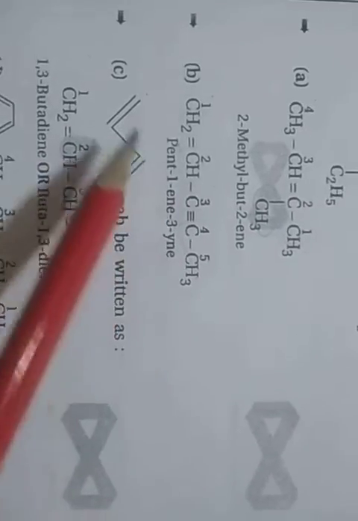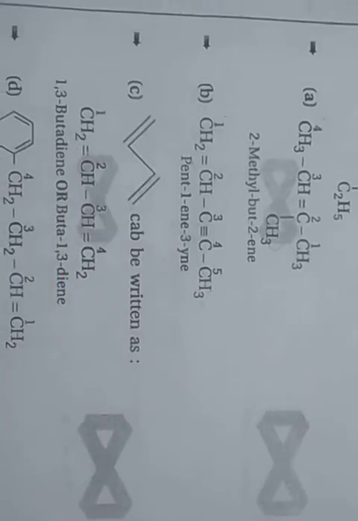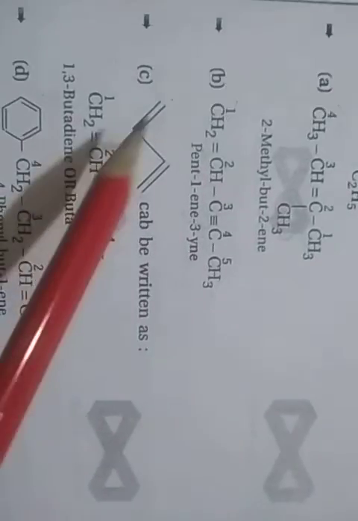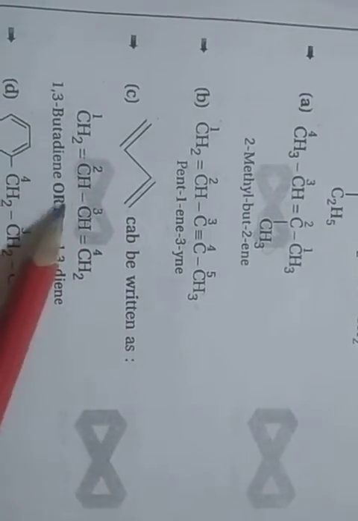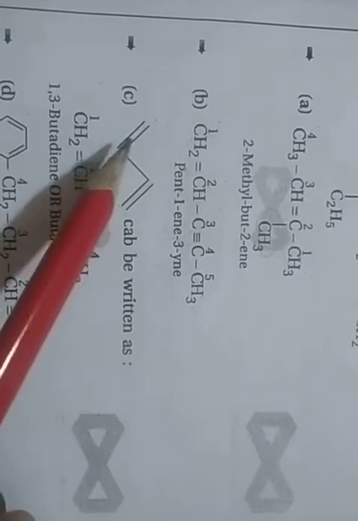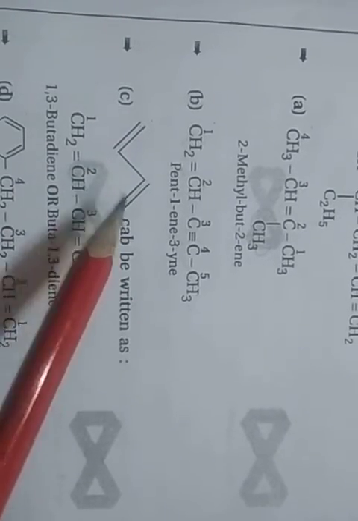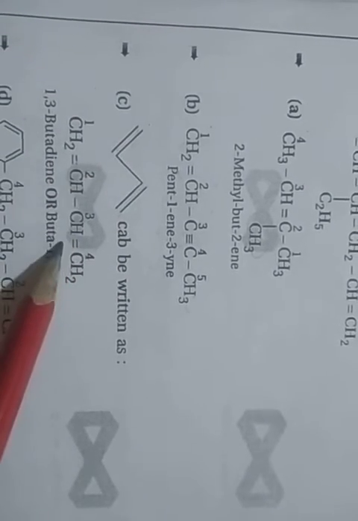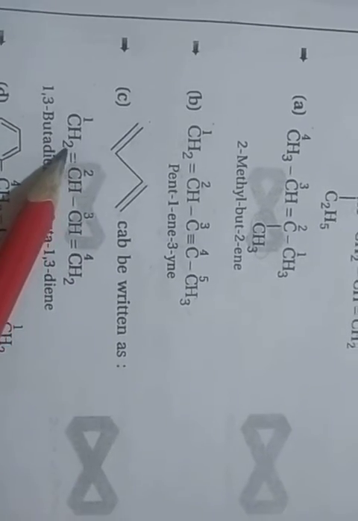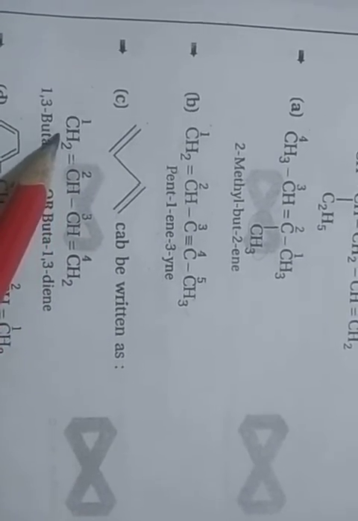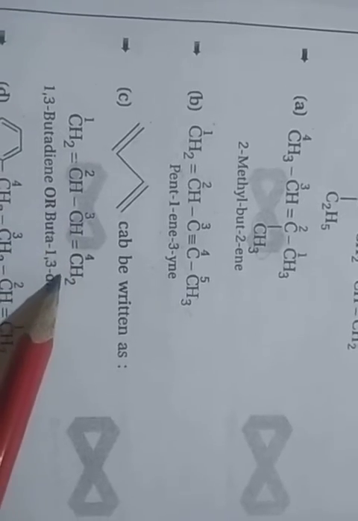Okay, so first you write it as it is this way. Okay, open the structure. So here carbon, carbon, carbon, carbon. So 1, 2, 3, 4. 4 carbons. After the first number a double bond and the third number a double bond. So first number double bond, third number double bond. Right? And then balance the hydrogen. So here 2 double bond, so 2 hydrogen. Here 1, and here 2.